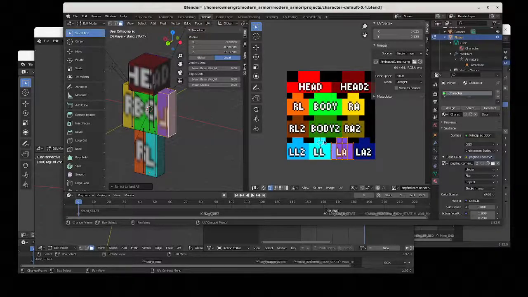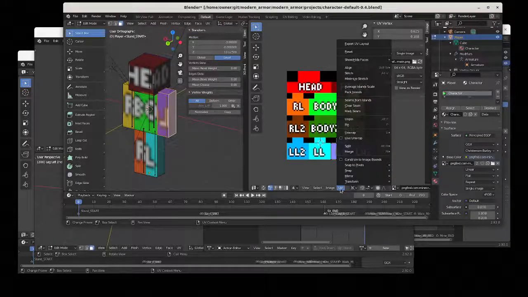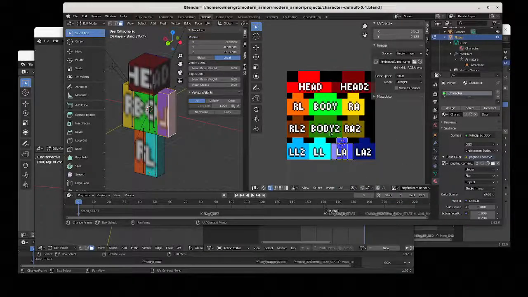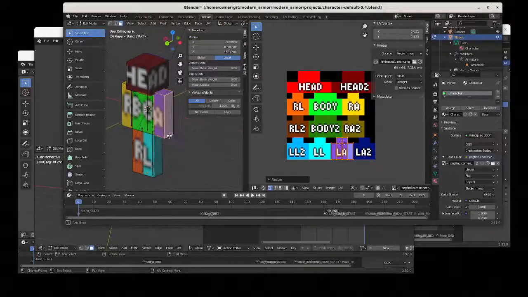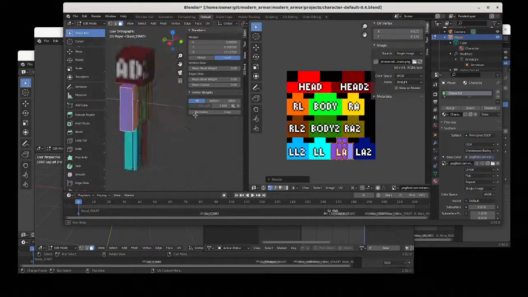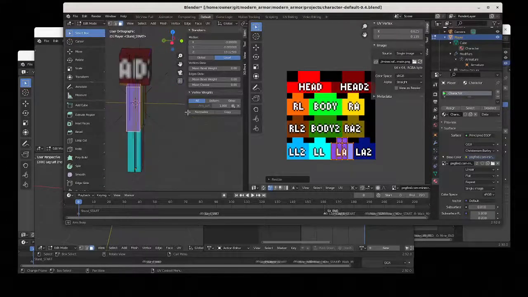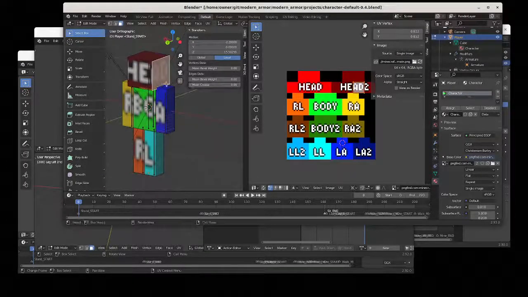So I'm going to go here and flip this one. I select the entire left arm, I go down here and then go to UV snap cursor to selected. Select all of this stuff. You can hit A, since only this part is visible, and then S, X, -1. Now you have converted the model to the format you want, at least on the hat layer and the head